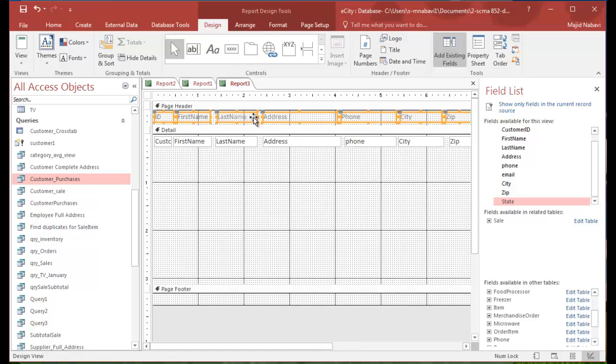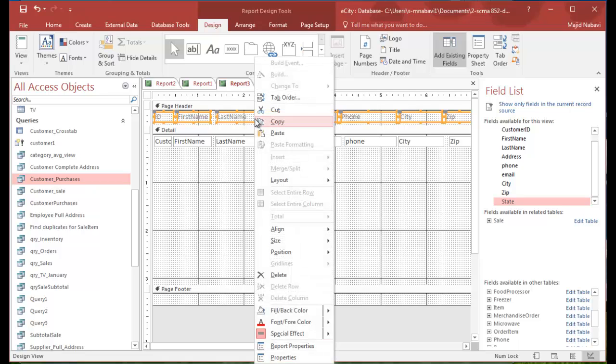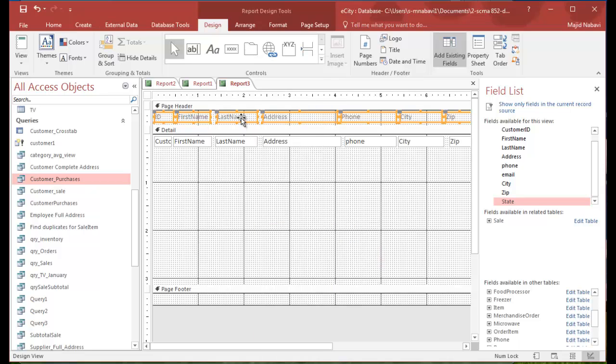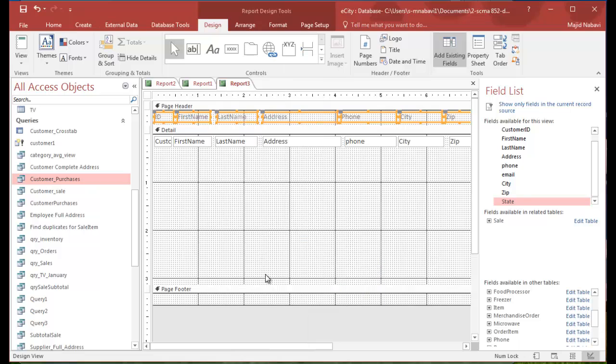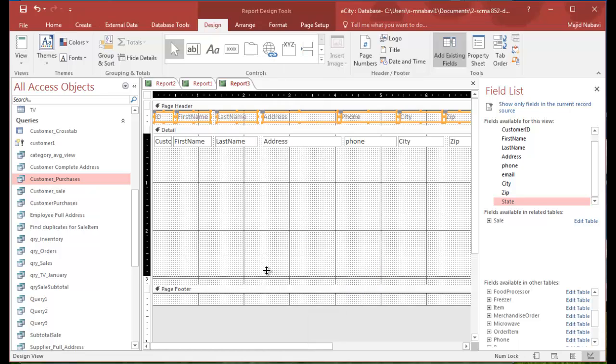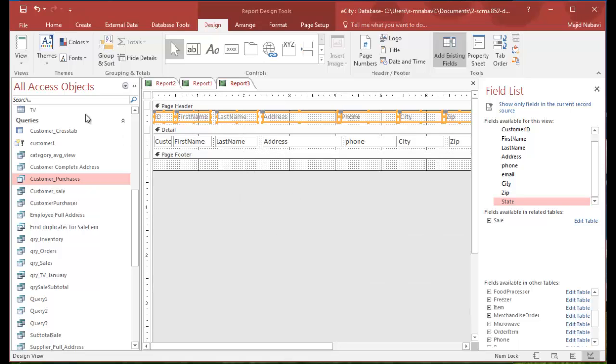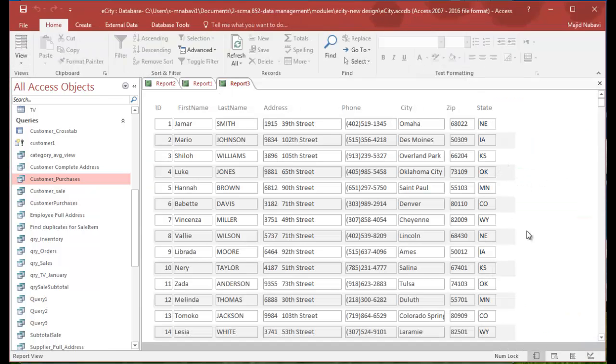You can select them all, right click, go to align, top align, right click again, go to size, to tallest, and we need to readjust the area occupied by each record, and check the design. Go under the Design tab to Form View. We can remove all those boxes and lines around the records. Go back to Design View,